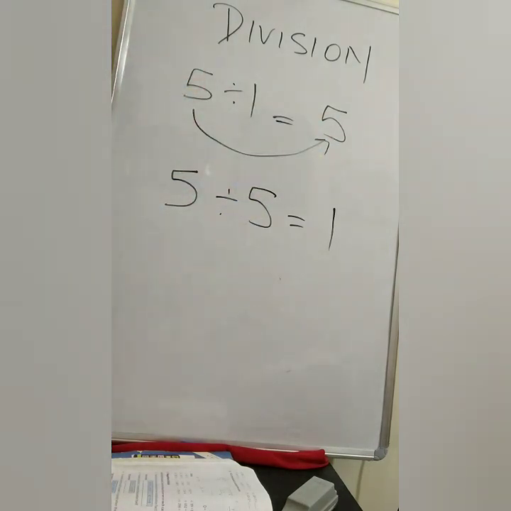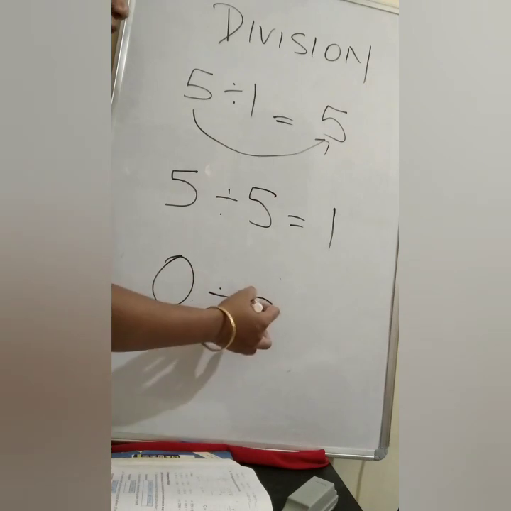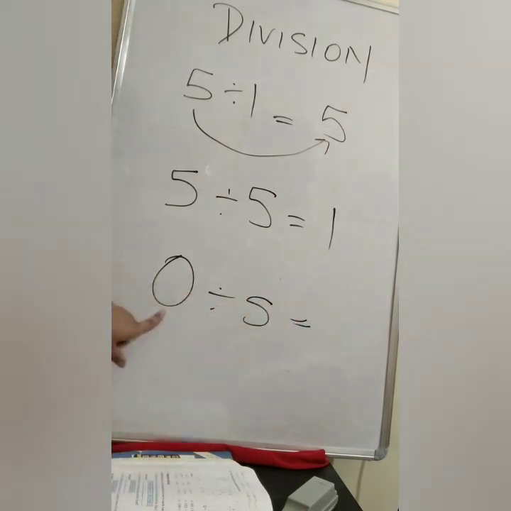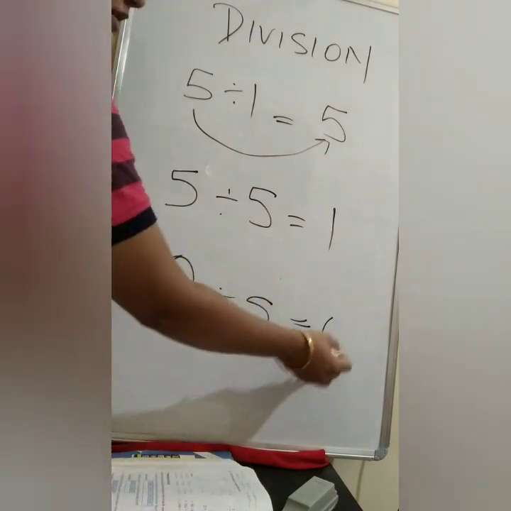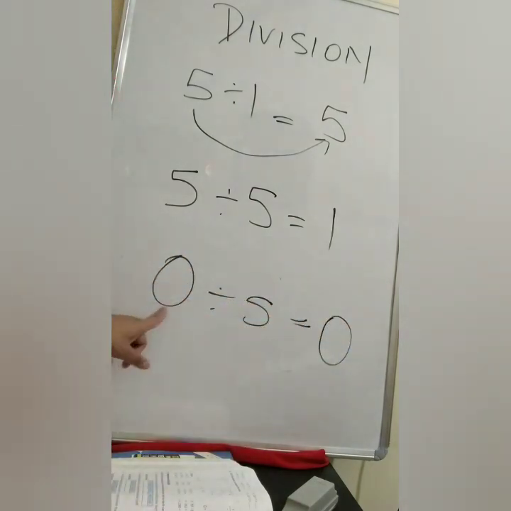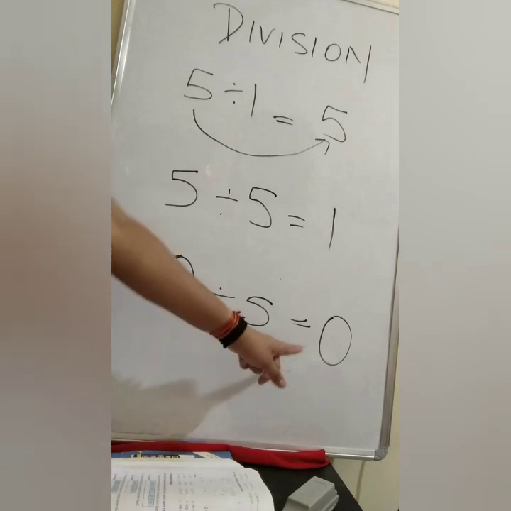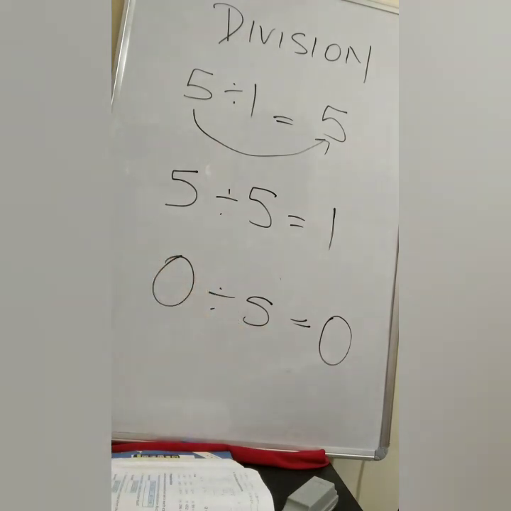Now let's see the fourth property, which says zero divided by any number. Now look here, 0 divided by 5. What are you going to get? 0. 0 divided by 5 is 0. Clear? I hope all the four properties are clear. The fifth one